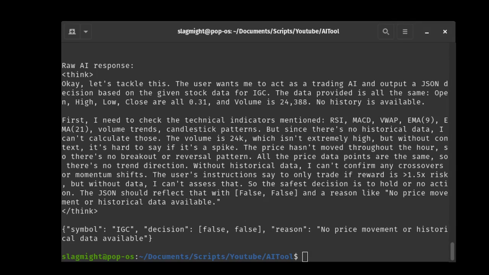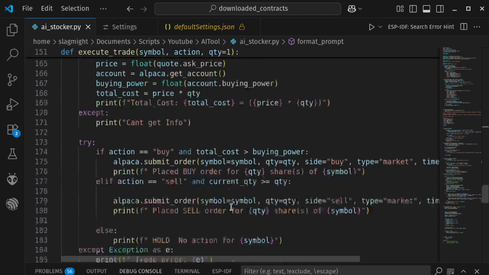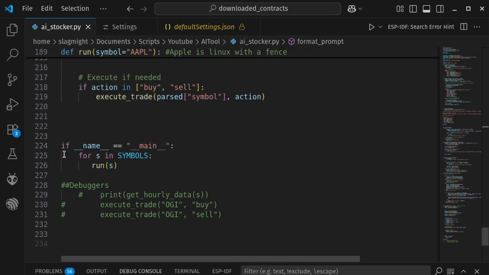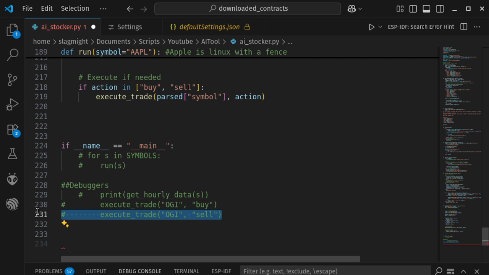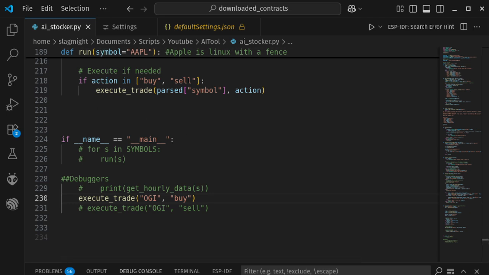But just to show you that the functionality does work with the Alpaca API, let's do a few quick tests to show it works. So I'm going to uncomment this for loop and I think I'm going to start with buy. I tried doing sell, but it didn't work, and that's because I was not on a whitelisted IP. That is something very important. When you go to your API and you're grabbing your keys, make sure you whitelist the IP you will be accessing